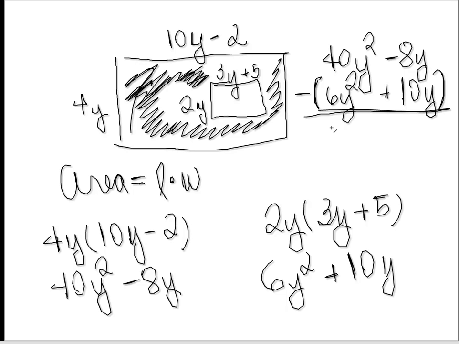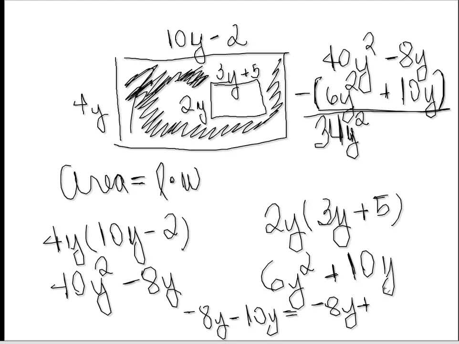40y squared minus 6y squared will give me 34y squared. Negative 8y minus 10y. I'm going to put it down here so you can see how we do the math. This can be rewritten as negative 8y